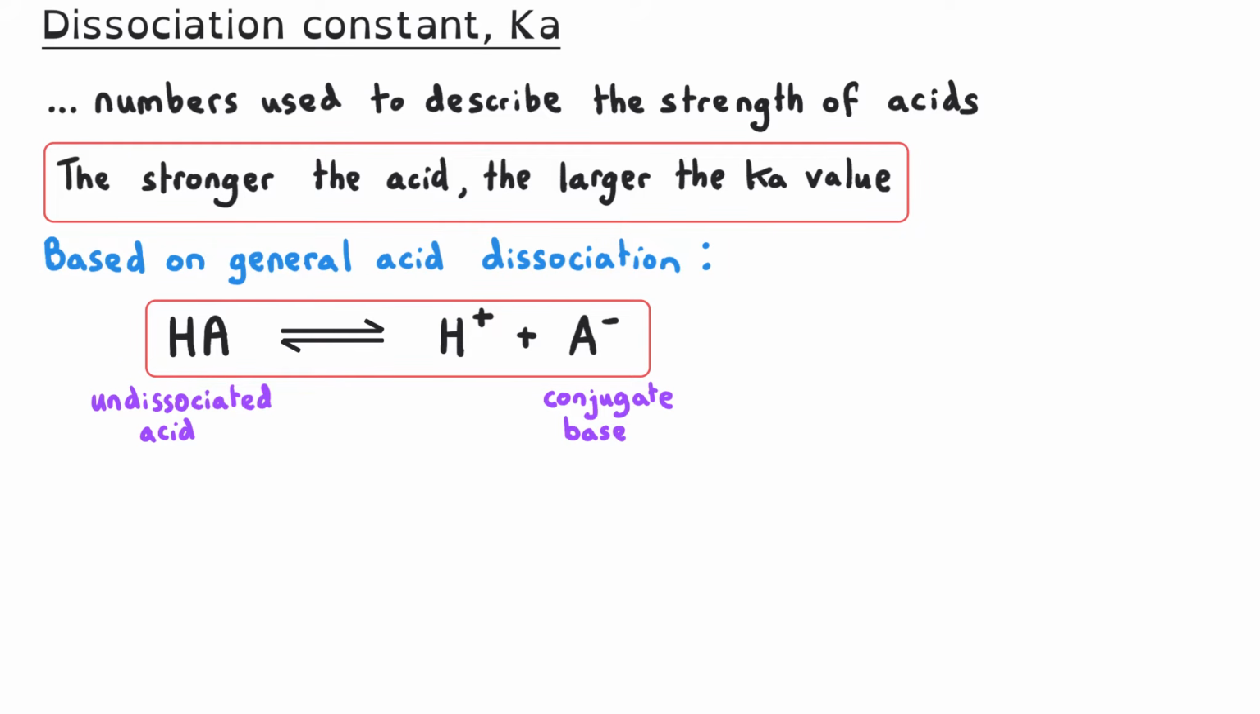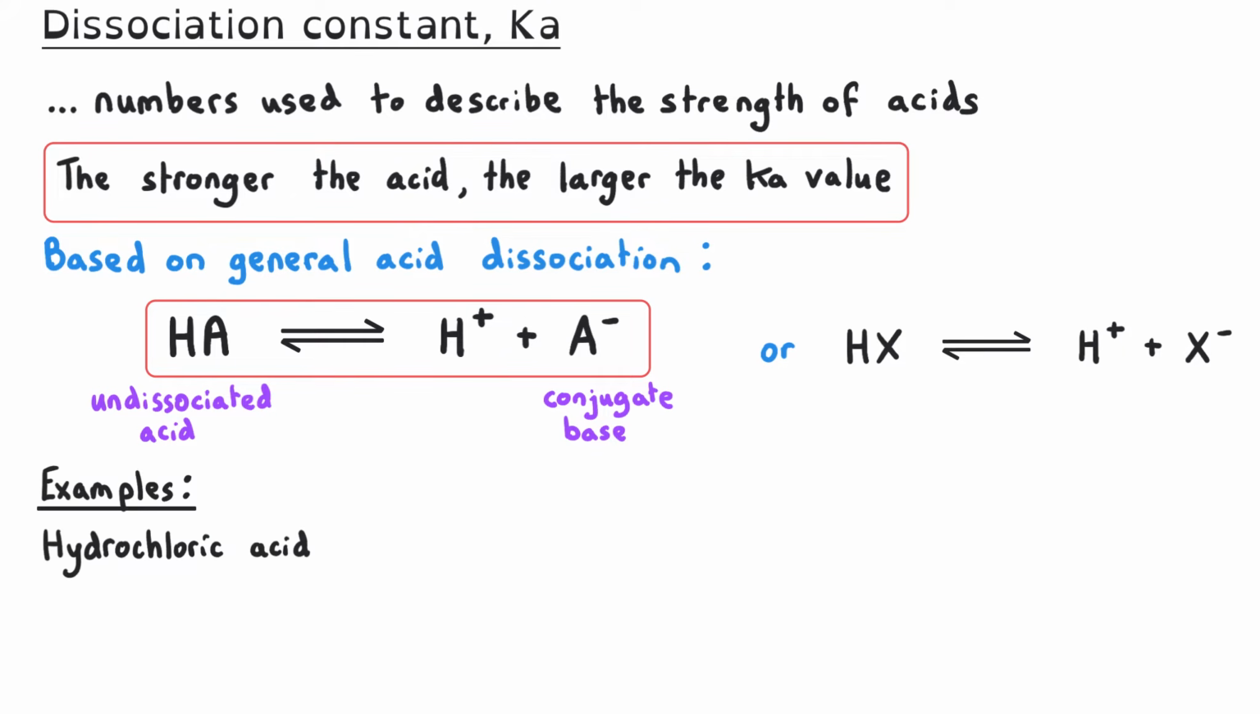where I've got HA on the left-hand side, which is the undissociated acid, and on the other side of the equilibrium, we've got the proton, and I'm showing you this as A⁻, and this is the conjugate base. Sometimes it might be preferred to use HX and X⁻ for the undissociated acid and its conjugate base, but typically HA is used. Some examples of Ka values, just to be representative, are for hydrochloric acid, 1 × 10⁷ moles